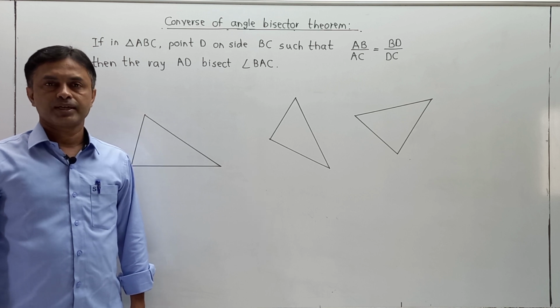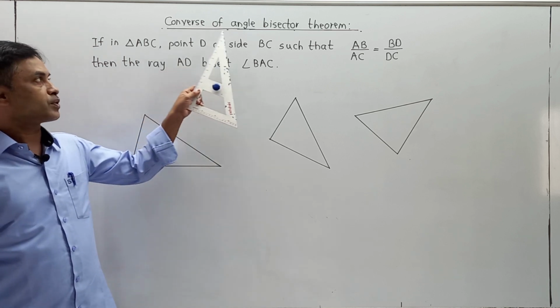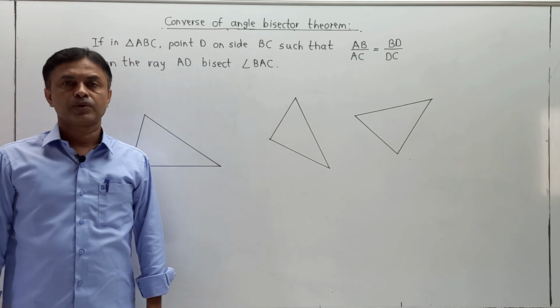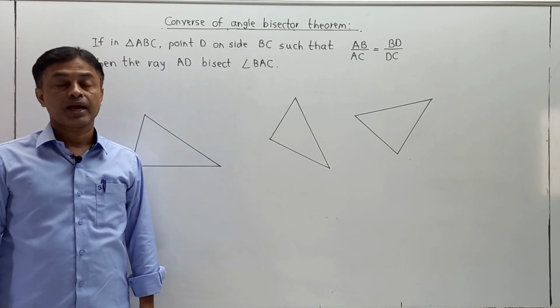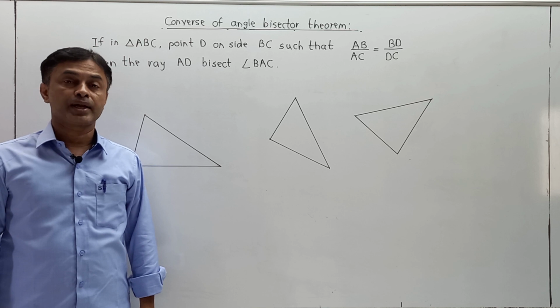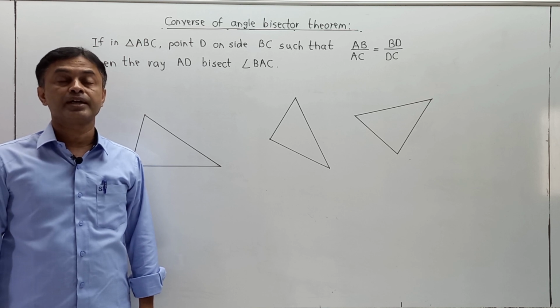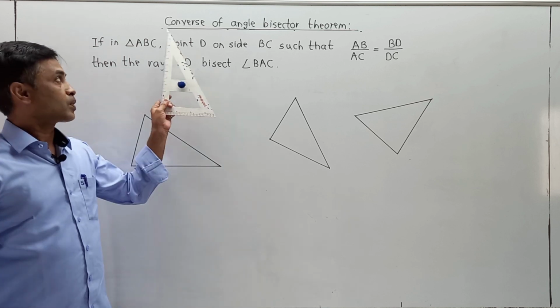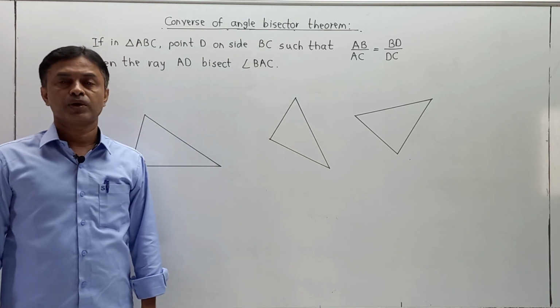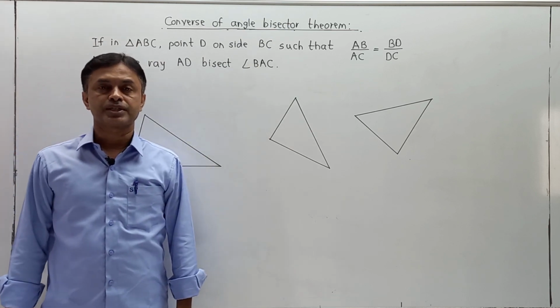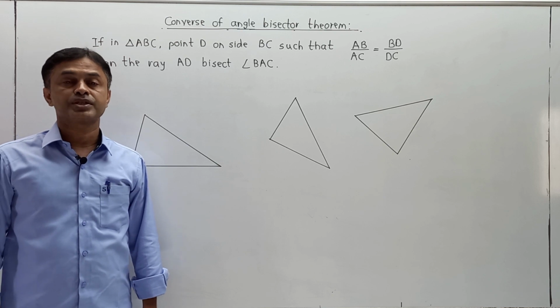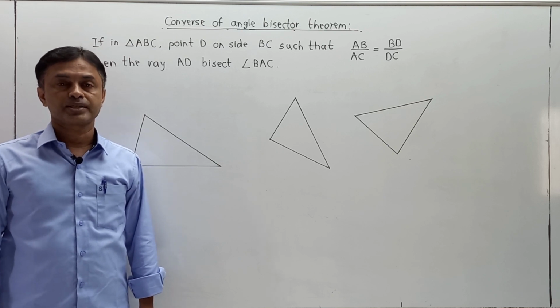Now try to understand the concept called the converse of angle bisector theorem. No doubt in the previous lecture we have seen the angle bisector theorem, but in numericals 90% of the time they are giving conditions based on the converse of the angle bisector theorem. What does it mean? There is no particular statement or theorem or proof given in your book, but for proper understanding I am going to take an example from the textbook so that you can easily understand.